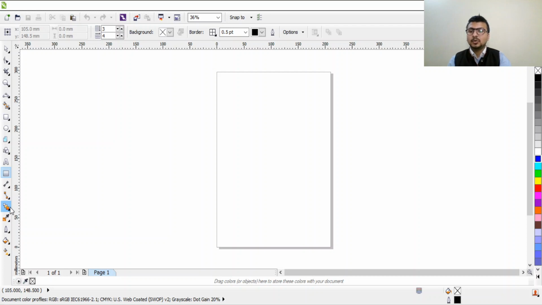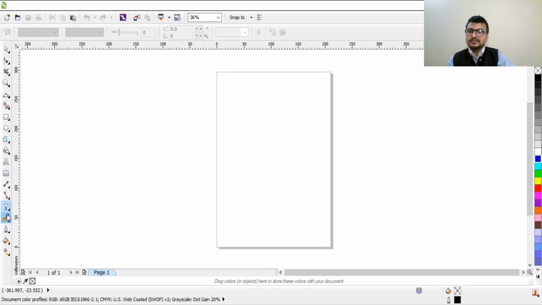Next is blend tool. Blend tool is used for creating a progression of intermediate objects and color progression. You can also blend the colors. You can create the contour. You can draw distorted formats like designs. You can create a drop shadow for a particular shape or text. You can create the envelope. You can extrude. You can change the transparency, opacity, like the percentage of the color. You can change the transparency of a particular image or text.